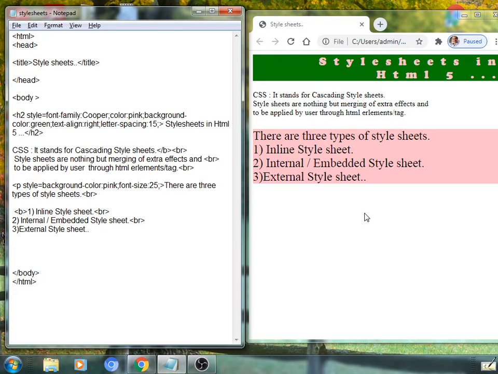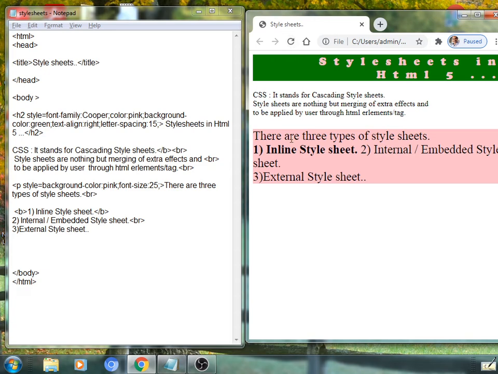So it will be used as a new selector. See here, we have applied the B tag, that is bold, in a type 1 inline style sheet. See here, it becomes bold.